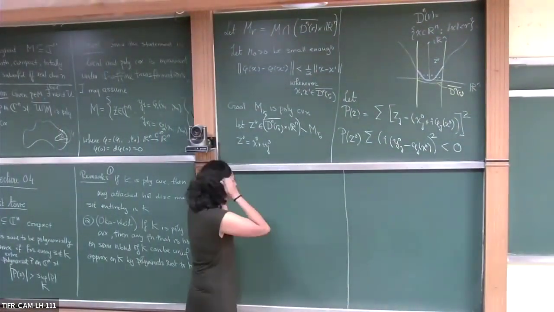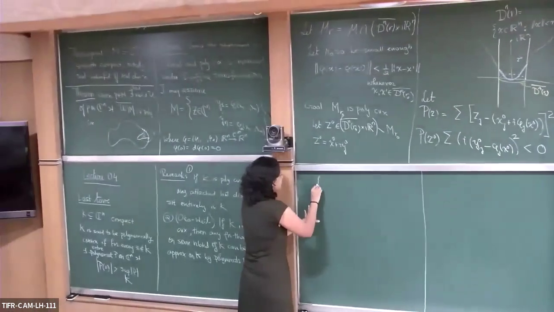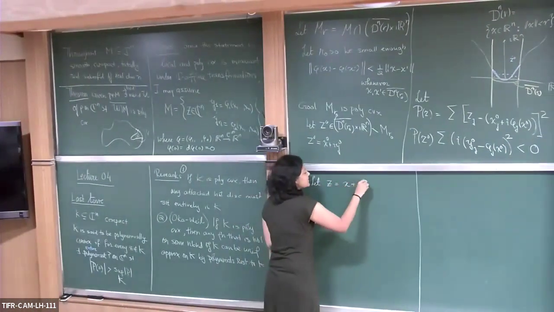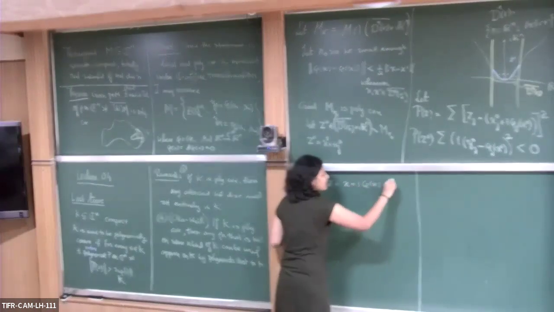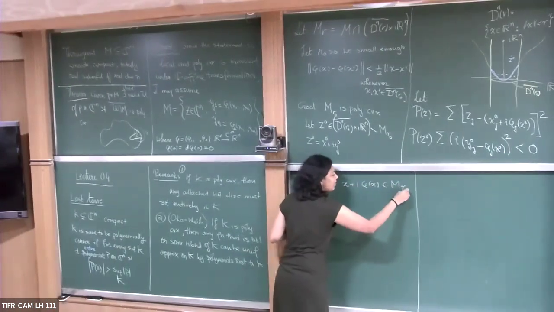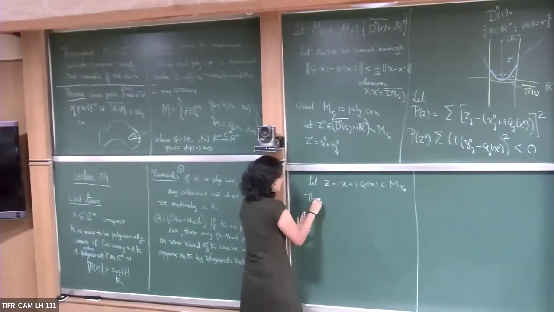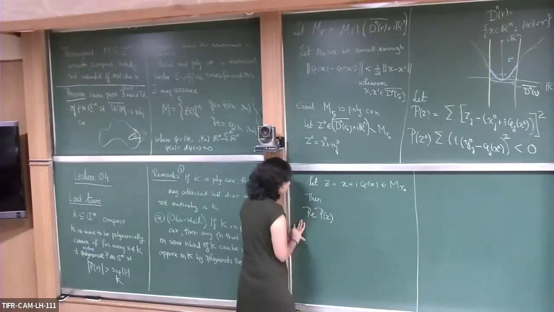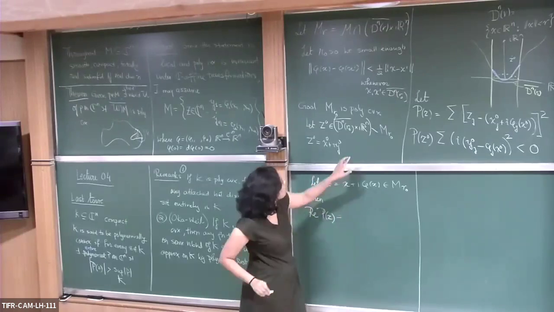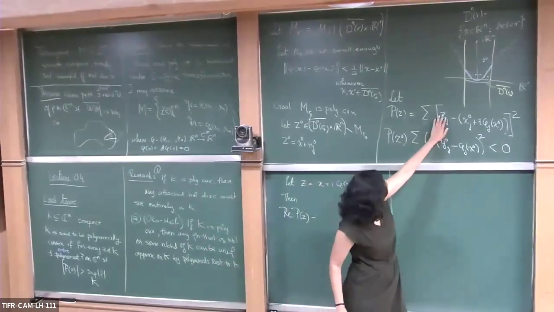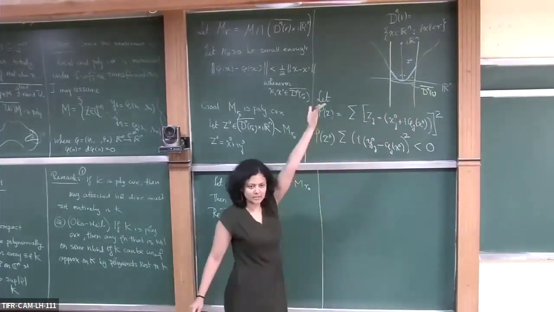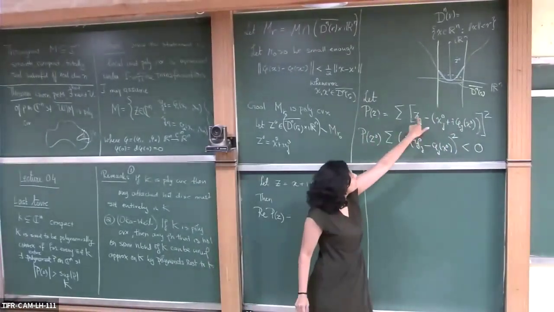And let's try to also, please interrupt me if the computation is not clear. And now let Z of the form x plus i Pj of x be actually in M_R0. Then when I look at P of Z, and I'm only going to look at the real part of this, what do I get? So remember, my polynomial is of the form a minus P, the whole square. So when I take the real part,